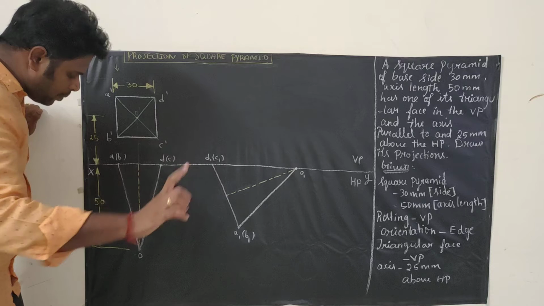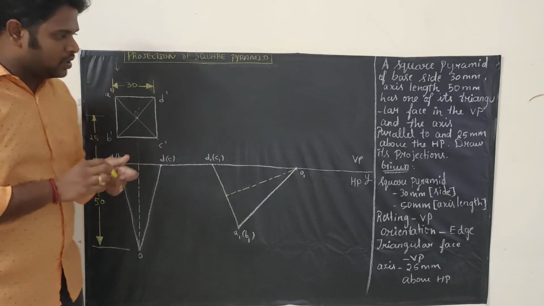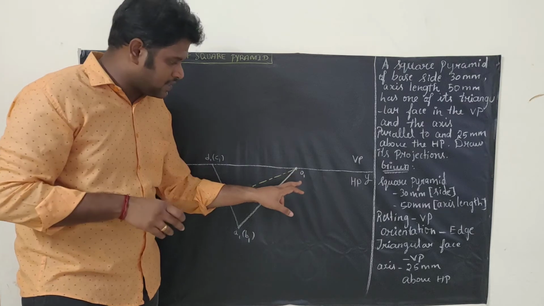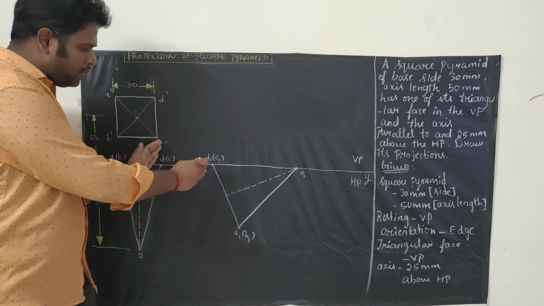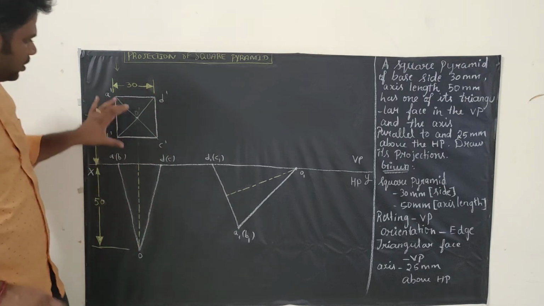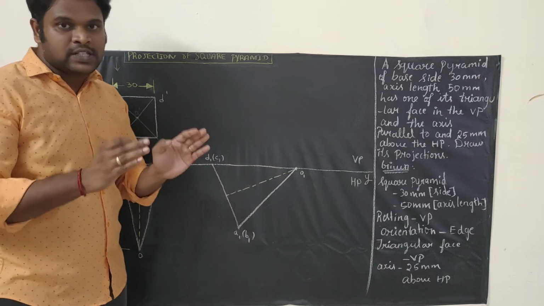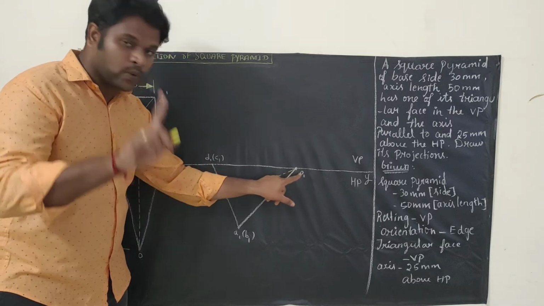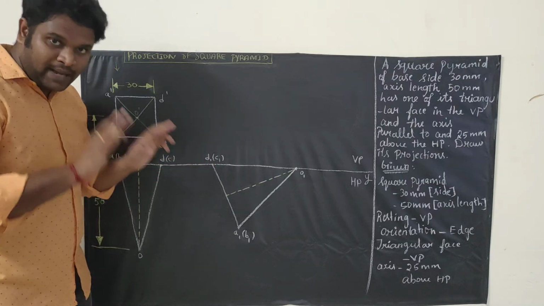So measure this distance. Measure O to D in your scale. You can keep any point on the reference axis. I am taking any point as reference on the reference axis and marking that point as O1. Any point on the reference axis, but try to leave some space here, minimum 3 cm, so that the diagram will look good. We are only going to draw 4 diagrams here, 1, 2, 3, 4. That's all. So in between, leave some space so that your diagram will look good. So you can keep any point on the reference line, mark that point as O1. Measure O to D. The same distance you have to measure.